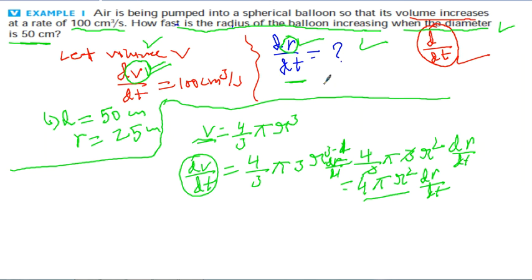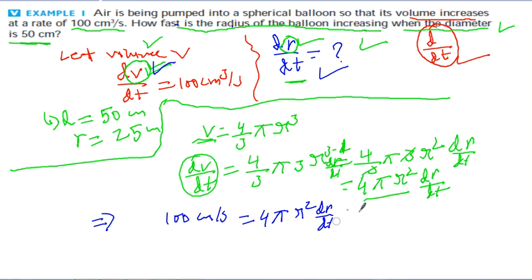So I can see from here that whatever I have and whatever I am going to find, both are here. So I am just going to put the value. The value is 100 centimeter cube per second, which is given. This is 4 pi r square dr upon dt. So from here I can get dr upon dt is equal to